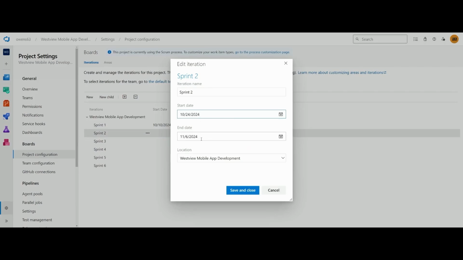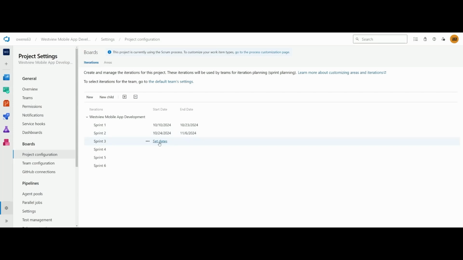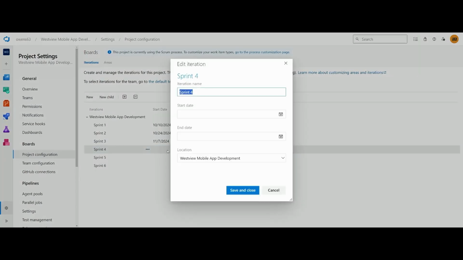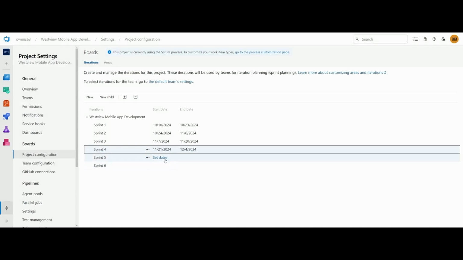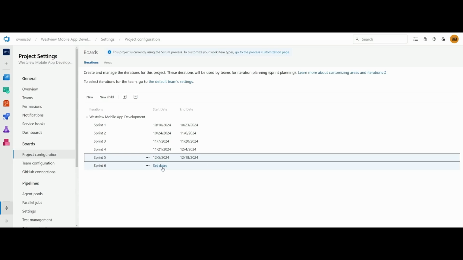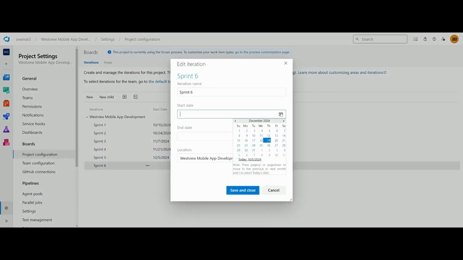And then it automatically adds in the next 10 working days. But we can go through and set these up pretty quickly. This one should say the 21st. We've got our work set up pretty much through the